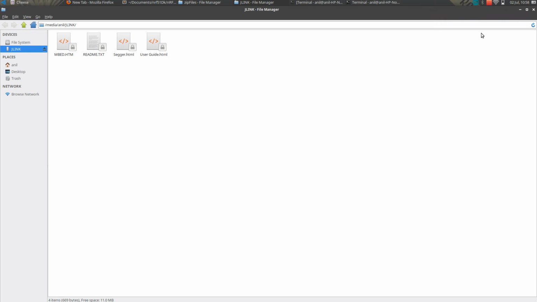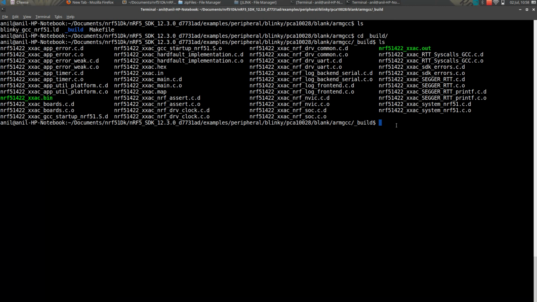I will show you how to port between two OSs. Okay, so then we're going to use nrfjprog to flash this board. You can use nrfjprog, but before doing that, you need to add the path of nrfjprog.